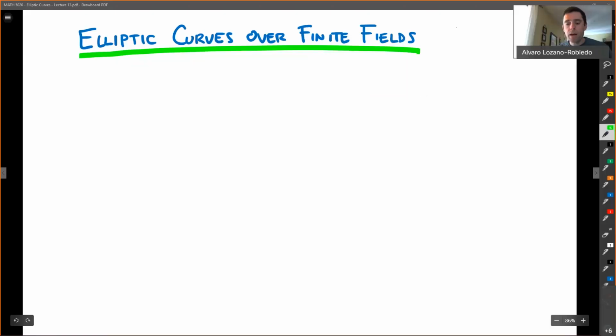Welcome back. I'm done with chapter 3, or with everything I'm covering from chapter 3 myself. There is more material in Silverman's book, which I recommend people read on their own, about the invariant differential, about the endomorphism ring, about the automorphisms of an elliptic curve. But I need to pick and choose my battles for this class. I'm going to actually jump from chapter 3 to chapter 5, I believe this is, in Silverman,